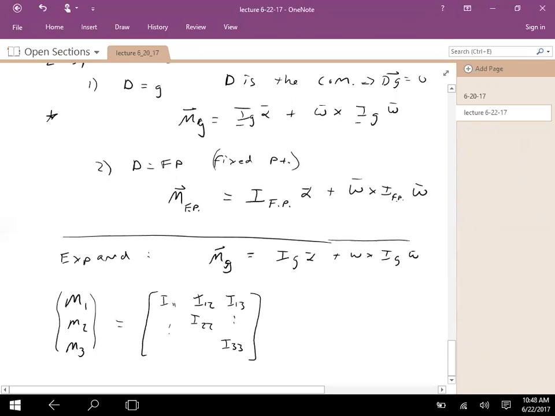So I'm just writing the terms here. I'm not going to write them all out. It's just I with subscripts, and the subscripts are row, column. So I11, that's row 1, column 1. I12 is row 1, column 2, and so on. Times alpha,